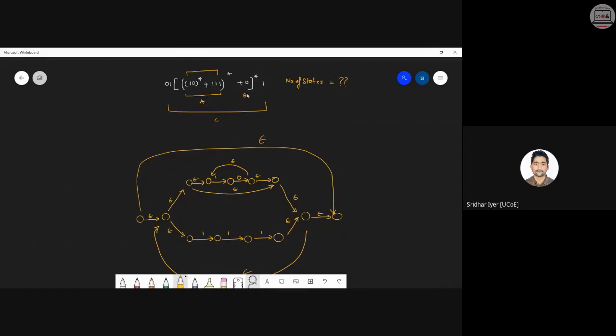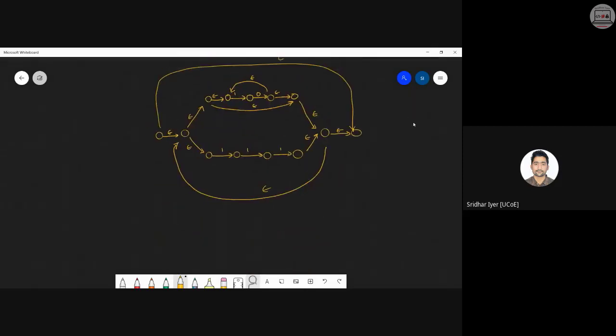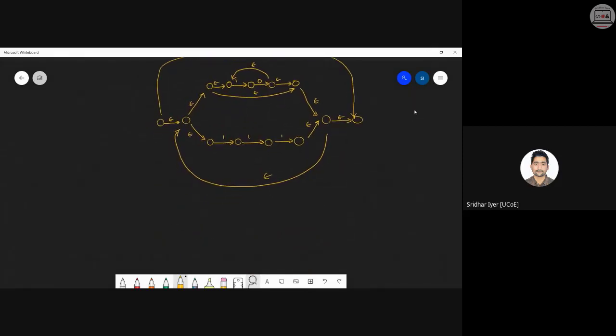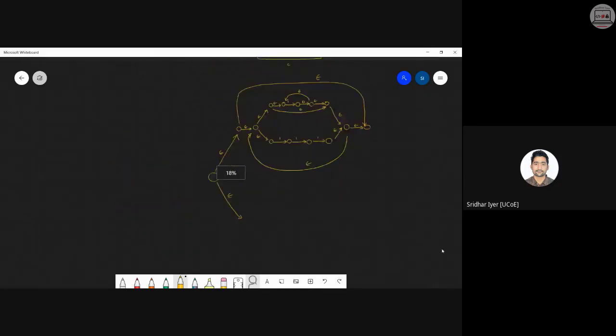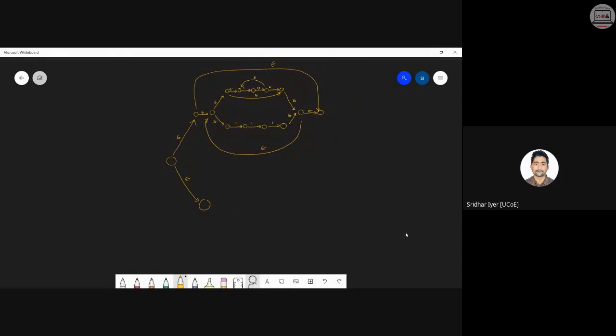Now we need to go ahead with the B part. That is A plus B whole closure. Now B is nothing but it simply consists of a single term 0. And there is a plus in between. So I know that there is a plus in between, so there will be something like this. And the term itself is only a 0. So I can write it like this. And they are getting added up together, so it will be merged.